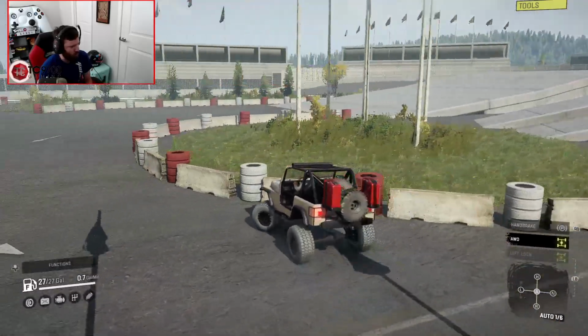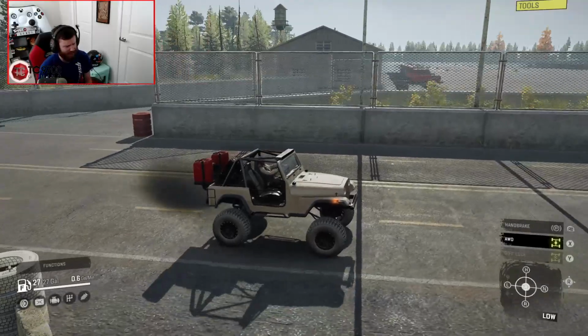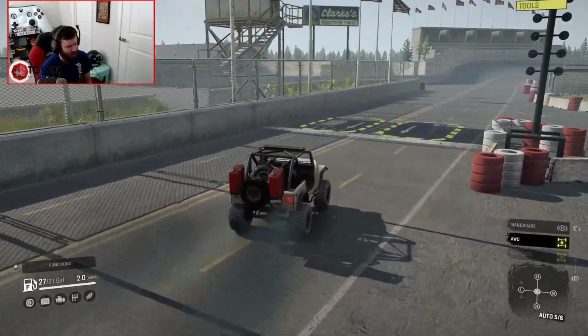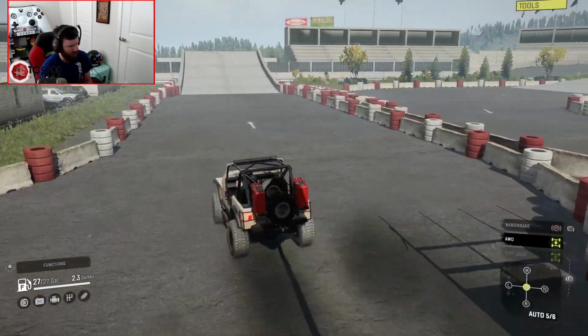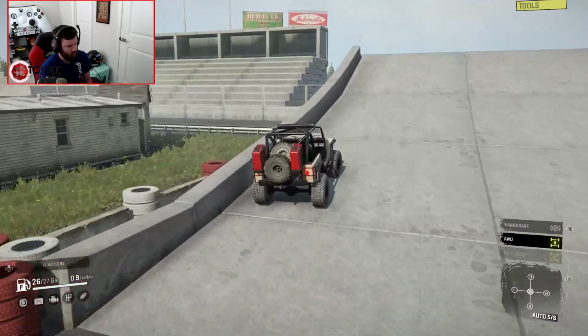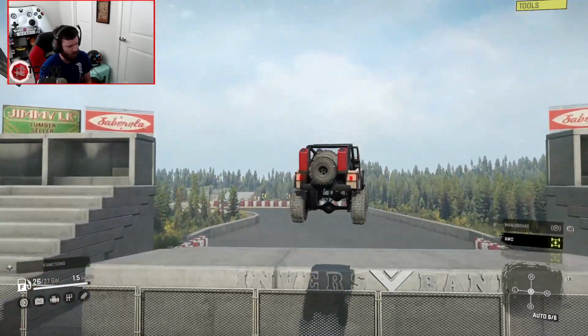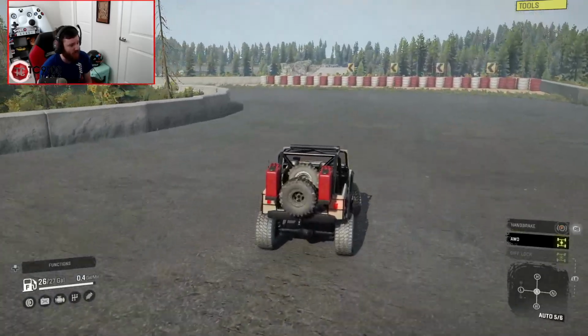So it does like to do donuts. It actually likes to do donuts a little bit more than I was expecting it to, so there is that. All right, a little bit of the e-brake. All right, come on. 5th gear. 6th gear. Oh, easy. Wow, dude, you guys, that landing